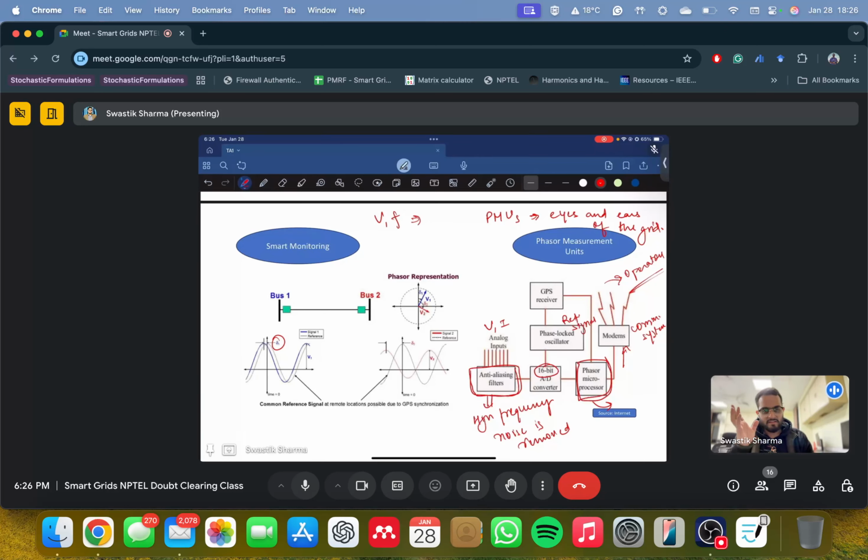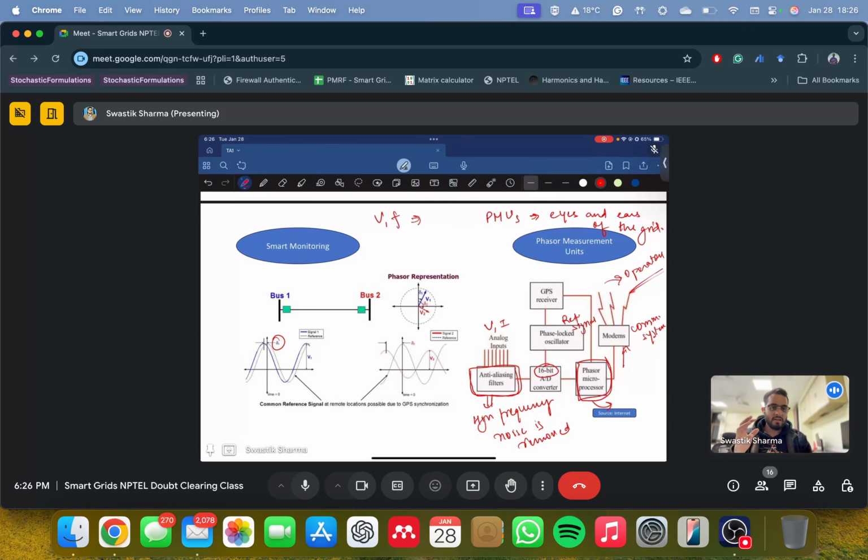Earlier, there were devices called RTUs or something that transmitted these signals over a wide range. But phasor measurement units provide concise information, and they can send it over a very large bandwidth, to a very different location altogether. So you will be able to tell based on the real-time values on your system: okay, right now it was 1.1 per unit, 1.1 per unit, and I don't know why it just went to 0.75 per unit.